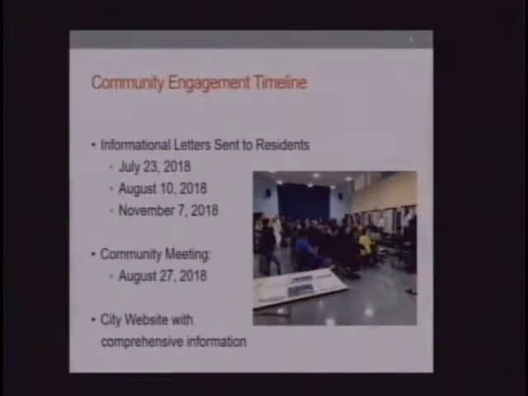So I want to point out some key items related to the community engagement. We've had some questions from the community raised. We did have a community meeting in August, and we also have sent out 3 informational letters to the community. We built a website, which has been active for many years, with a wealth of information, especially related to just